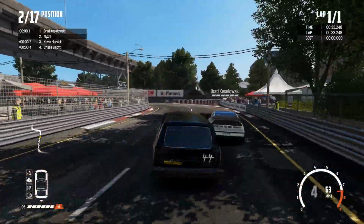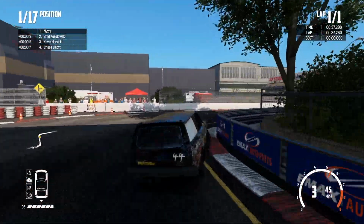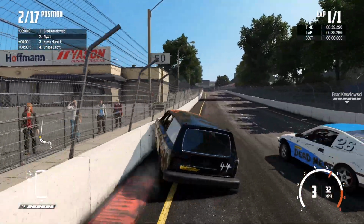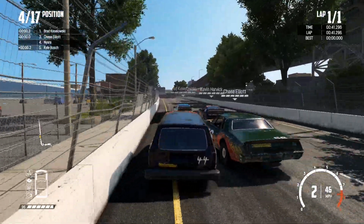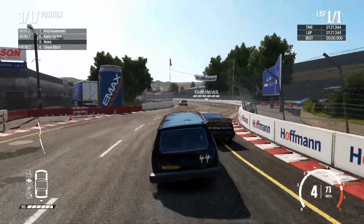Coming to the middle section of the track, you can see that I'm really not as good at carrying speed off the corner, so we're going to cut in front of Brad Keselowski. Unfortunately, we're going to make some contact with the wall, and as a result, we're going to fall down a few positions. So coming down the final stretch for the final time, you can see that Brad Keselowski has actually gotten off to a pretty sizable lead,